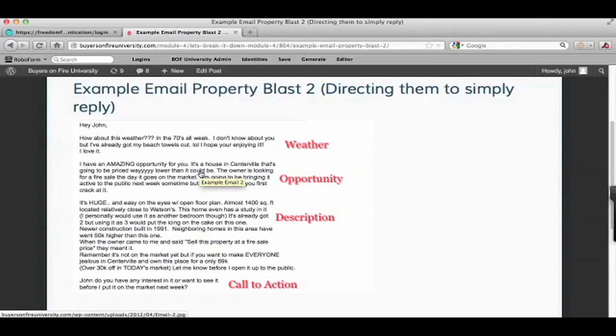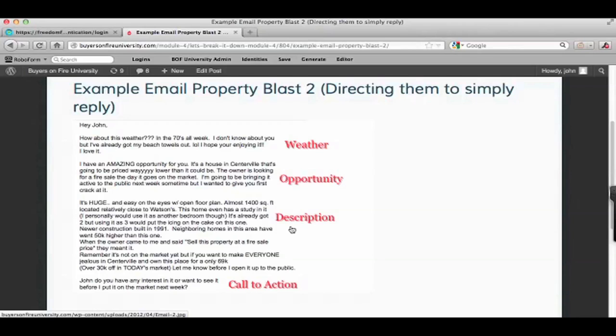Whenever you have a list, this is how you need to break it down. It needs to be broken down into 4 different sections, okay? The first section needs to be about the weather or the sports or something like that. It's called a pattern interrupt. The second section is a short paragraph about an opportunity that you have for them.